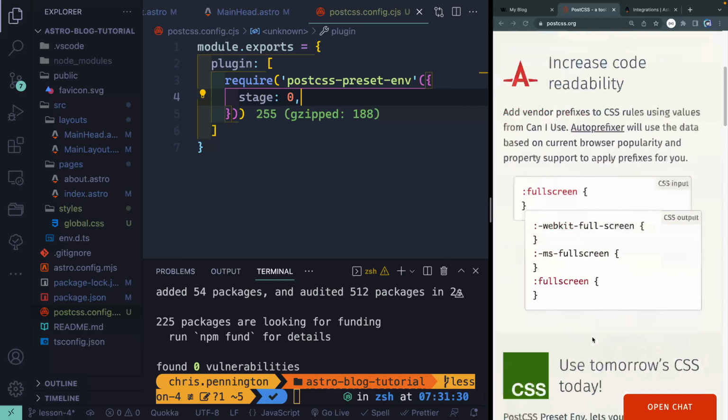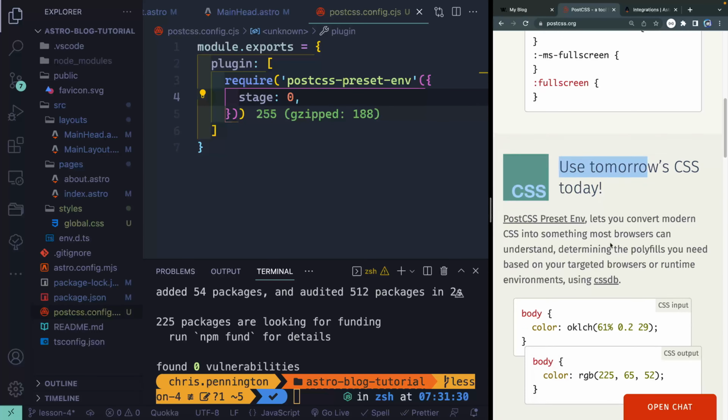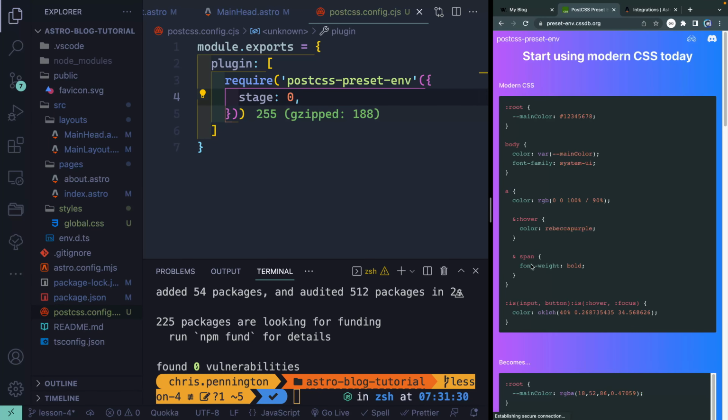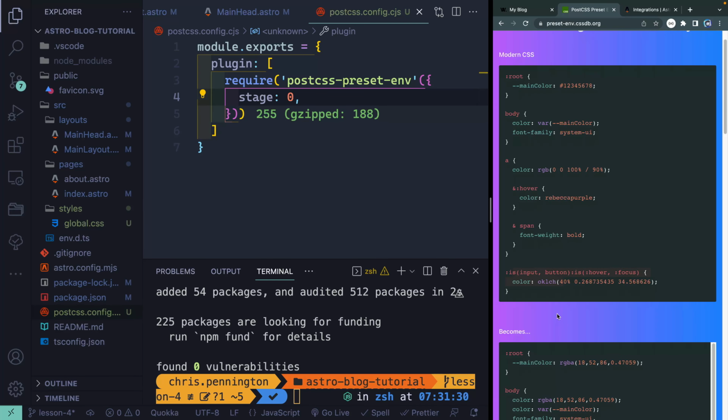So if I come down this way, just real quick to let you know, this is what we're using here. We can use tomorrow's CSS today, and if I come over here, it'll walk you through how to do all this, show you how you can actually nest things using modern CSS. You can use other things like these color functions, and we're not going to do a ton of that, but you can see how now it gives us access to a bunch more,